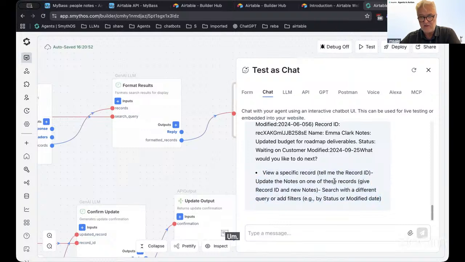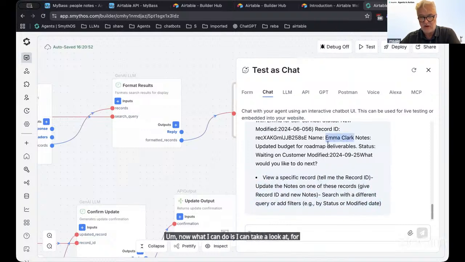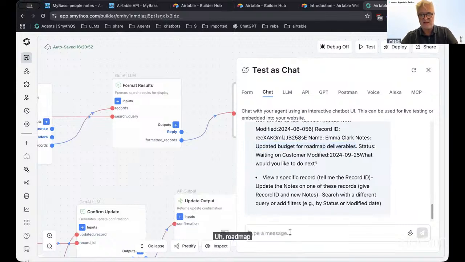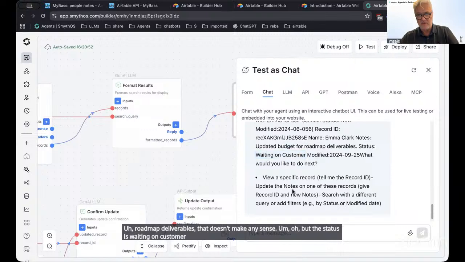Now, what I can do is take a look at, for example, Emma Clark, and I want to update her notes for updated budget for roadmap deliverables. That doesn't make any sense. Oh, but the status is waiting on customer. So maybe what we need to do is